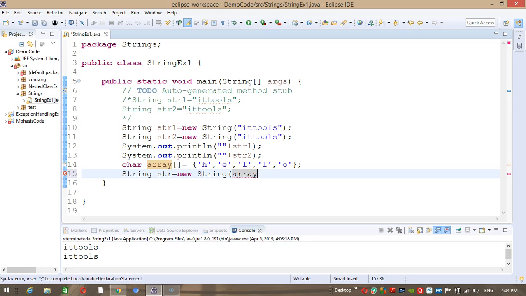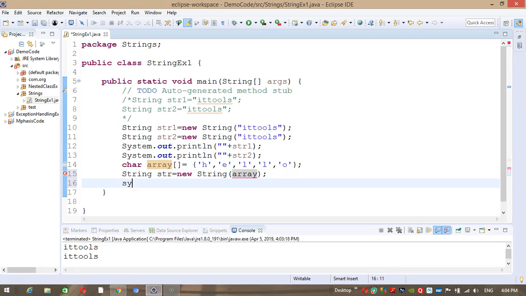I can convert that array to a string, and we'll display the string.